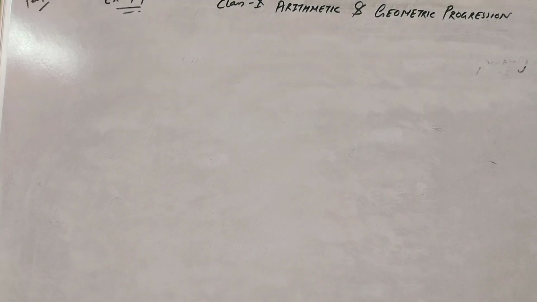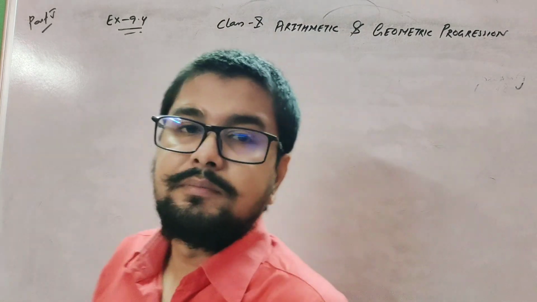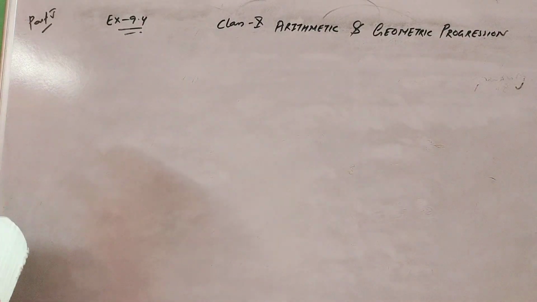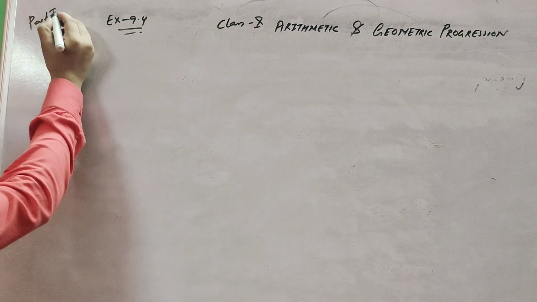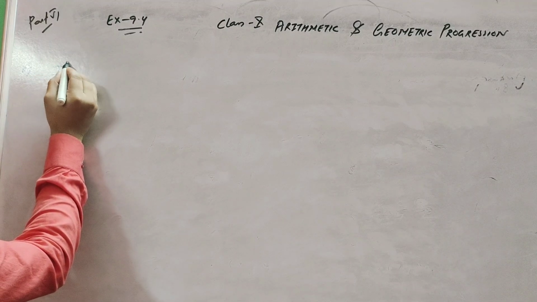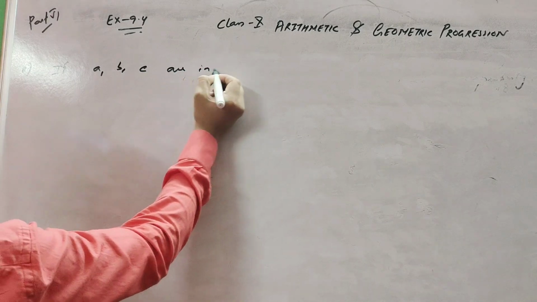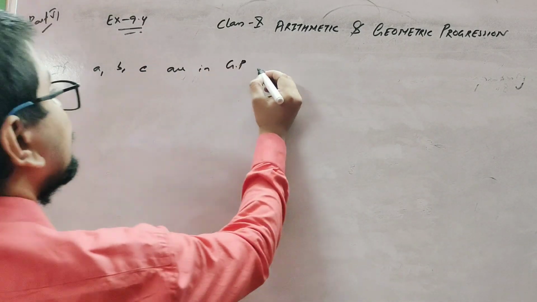Good morning class 10. This is your part 6 video, exercise 9.4 from arithmetic progression, and today we start from question number 11. Question number 11. If A, B, C are in GP, then